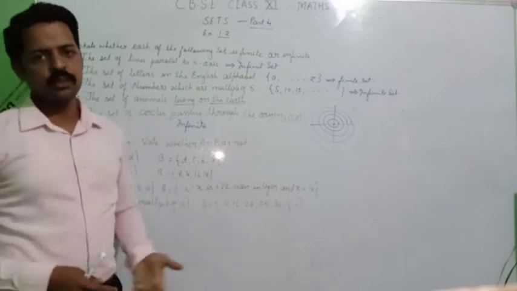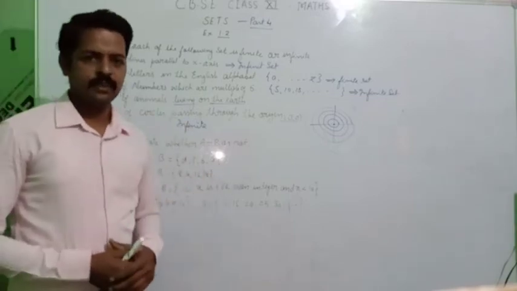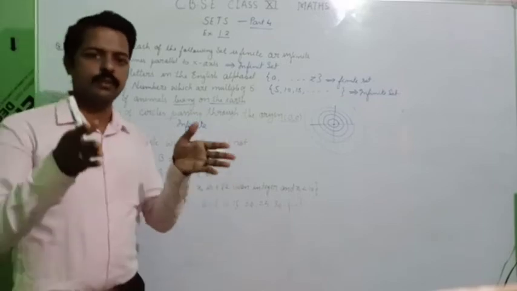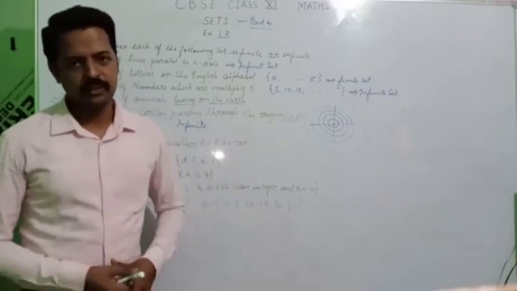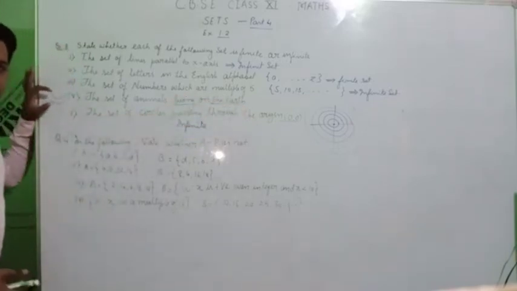How many students are learning in your school? How many members are there in your school? You can easily count it. But for a person who does not belong to that school, he can't count it. So it is a matter of discussion, but it is an example of a finite set.